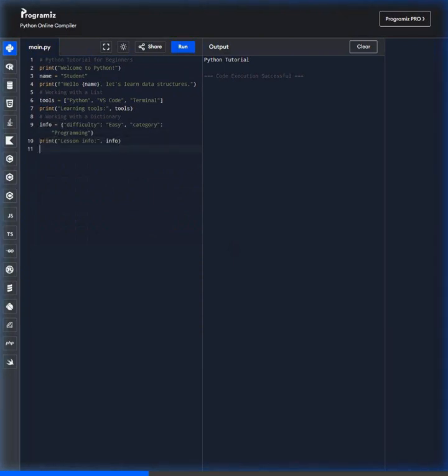Fresh again. Python tutorial for beginners: print("welcome to Python"). name = "student", print(f"hello {name}"). Learn data structures. Working with a list: tools = [...], print("learning tools"). Working with a dictionary: info = {"difficulty": "easy", "category": "programming"}, print("lesson", info). def check_tool(tool_name):